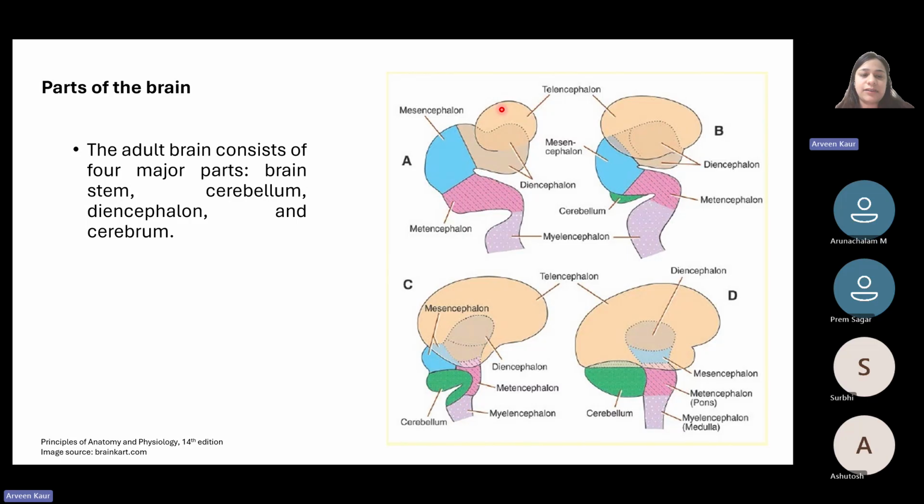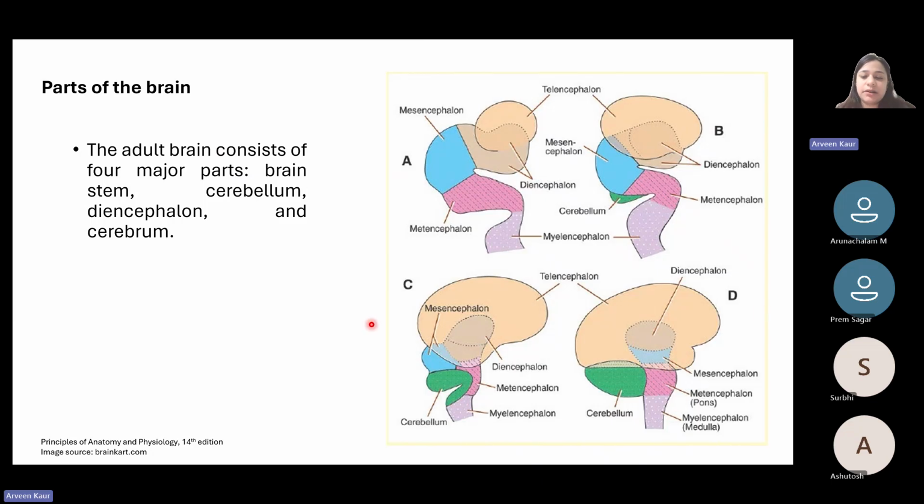During development there is something known as telencephalon also, that is very starkly present. Then there's mesencephalon, diencephalon, metencephalon, myelencephalon. Eventually a lot of these portions get more developed than the others. So we have these portions, the major ones, which are the diencephalon, the cerebrum, and the